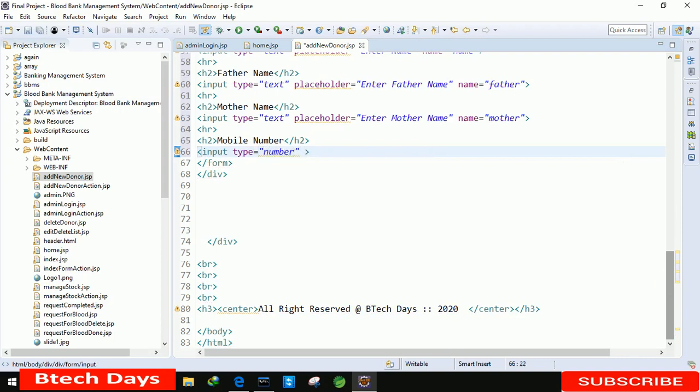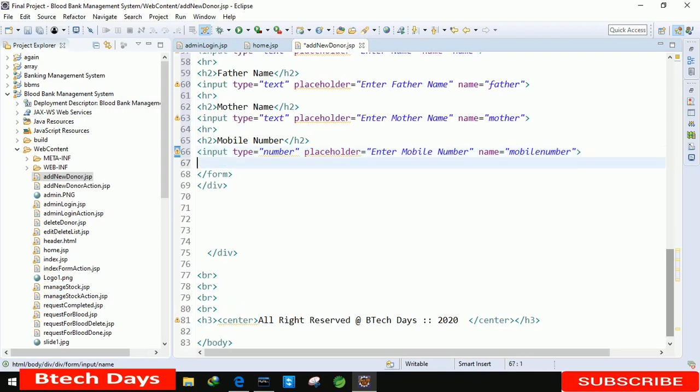Okay, and after that we are writing placeholder is equal to enter mobile number, and the name we are taking as mobile number.